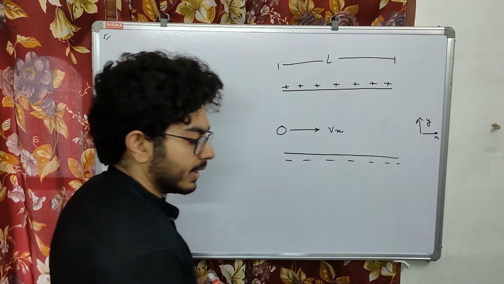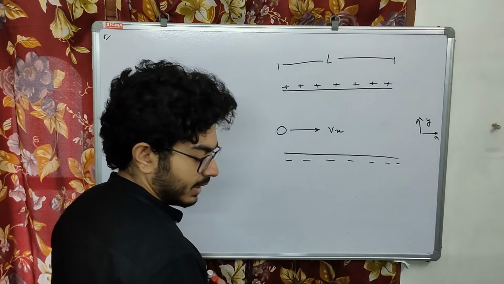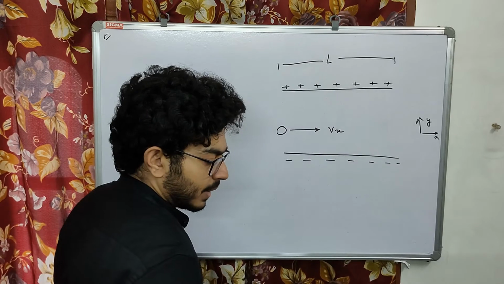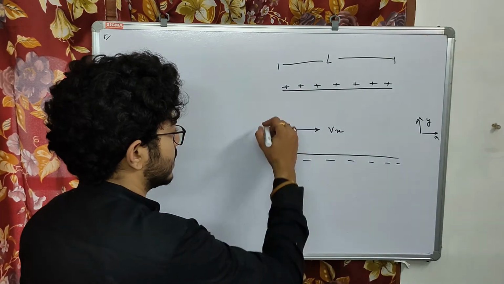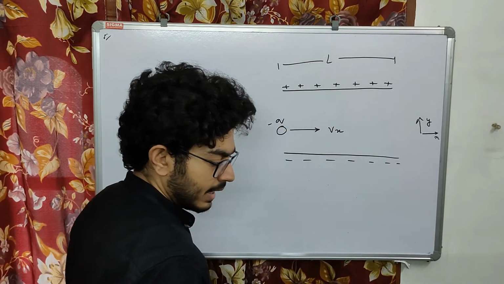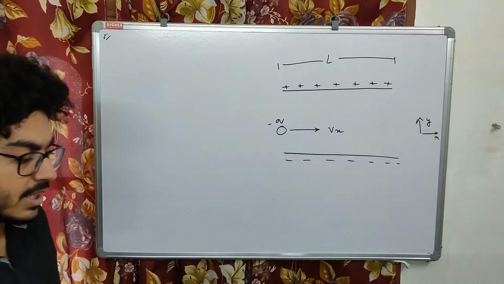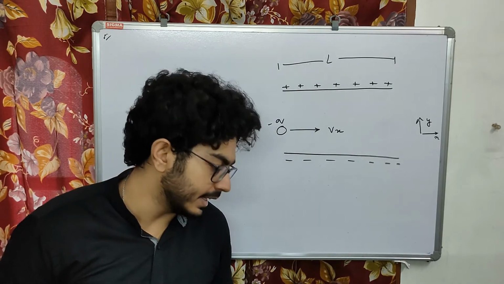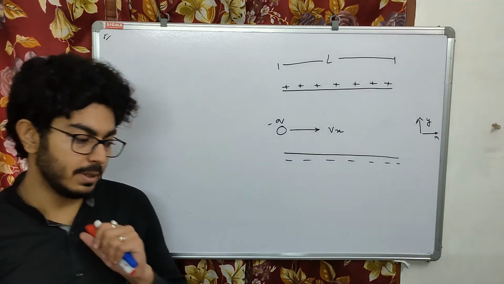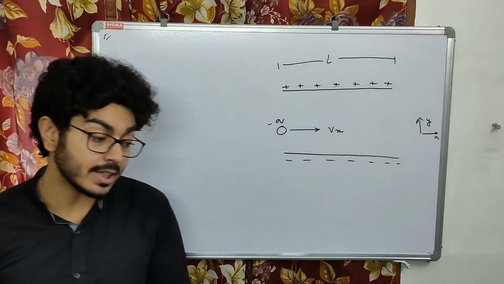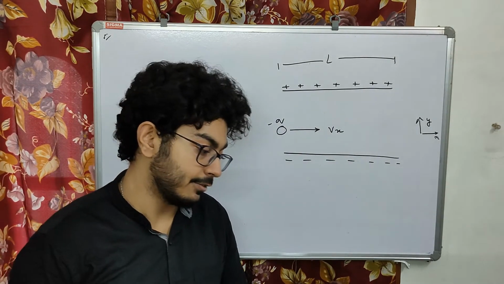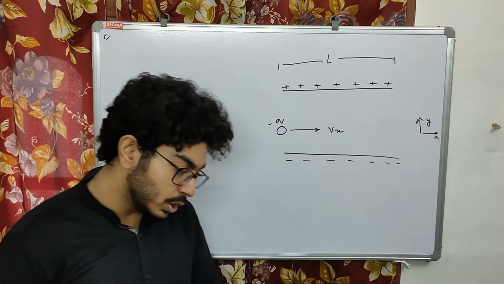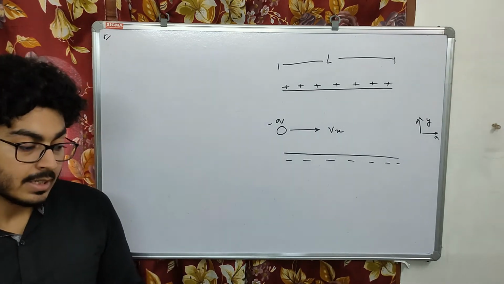Uniform electric field is maintained in the plate. Okay, so a particle of mass m, a charge is here, it is given as minus q, enters the region between the two charged plates, initially moving along x-axis with the speed vx as shown in the figure. The length of the plate is L and a uniform electric field is maintained between the plates. Show that the vertical deflection at the far edge of the plate will be qEL square by 2m vx square. Okay. Deflection.